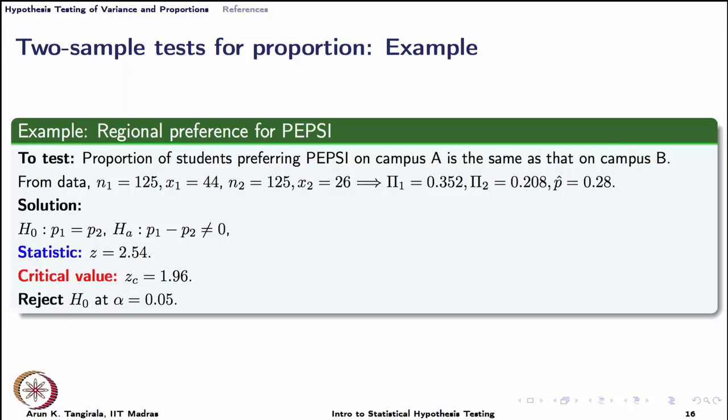This is the example again from the motivating lecture. In this case, it is a regional preference for a soft drink called Pepsi. This is an example taken from the book by Ogunnaike. It is not an advertisement for Pepsi, it is just an example concerned with it. So, what we want to test is that across two campuses, we have the same proportion of students preferring this particular soft drink. So, 125 students from these two different campuses were surveyed and asked for their preferences, and from the first campus 44 students preferred this soft drink, whereas from the second campus 26